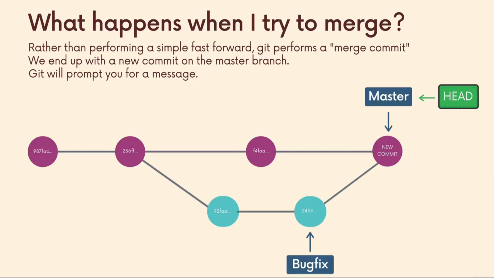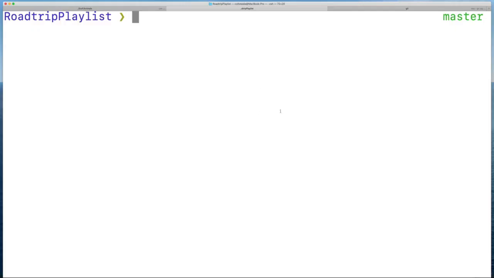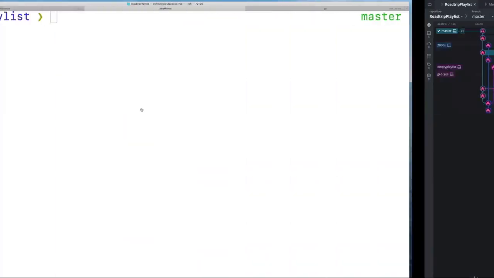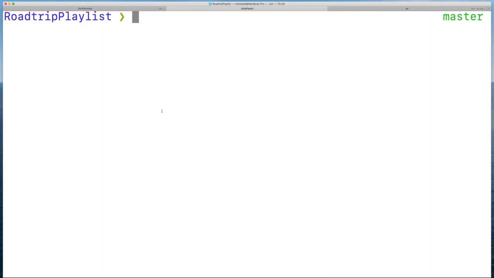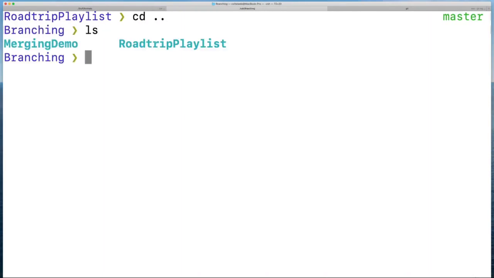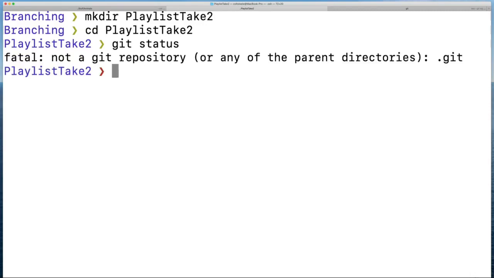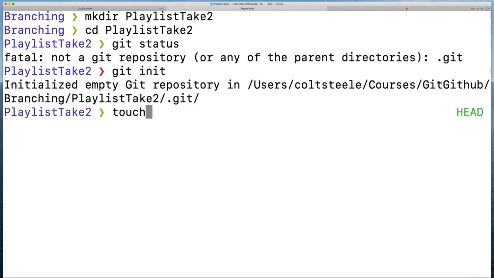So I'll show you this. However, with our road trip playlist, as great as this repo is, there's quite a few branches going on, and it's kind of difficult to just visually show you with all this other clutter. So what I'm going to do is just duplicate some of what we've done. I'm just going to make a new repo really quickly. So I'm going to back out of here. I'll call it playlist take 2. I'll cd into that, make sure I'm not in a repo, I'll initialize,